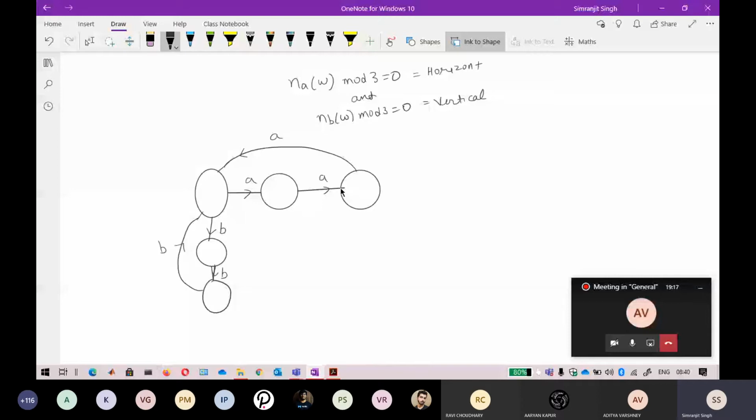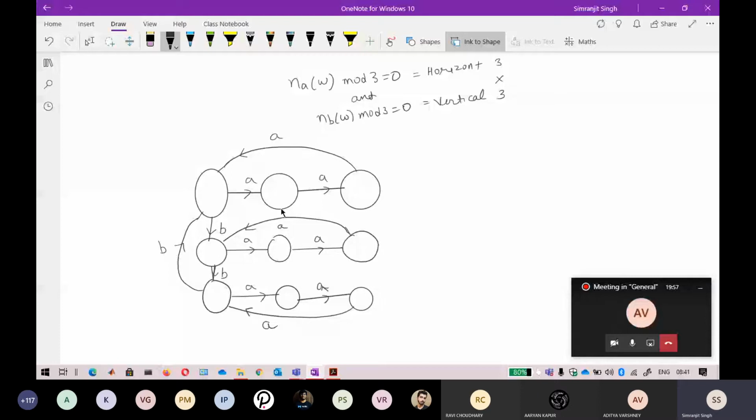Now complete the following states, because I know 3 states I will get from this and 3 states from that, and I have to multiply them. So again you will get 9 states. Go with the same thing. In the horizontal part there is always A, so you can draw it like this: it is A, and then it goes back. Now this is also mod 3 in the same way. You go with this for B also. For the horizontal part it is A, so I take A and go back towards the first state.